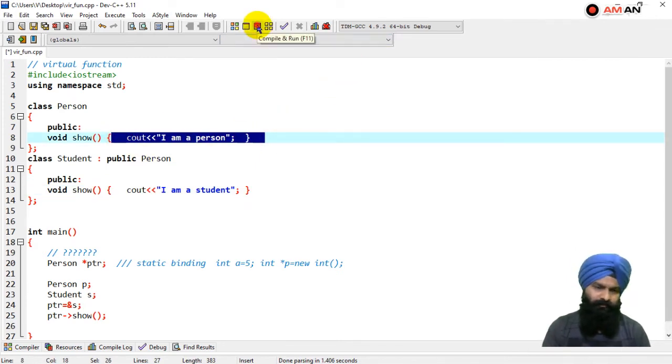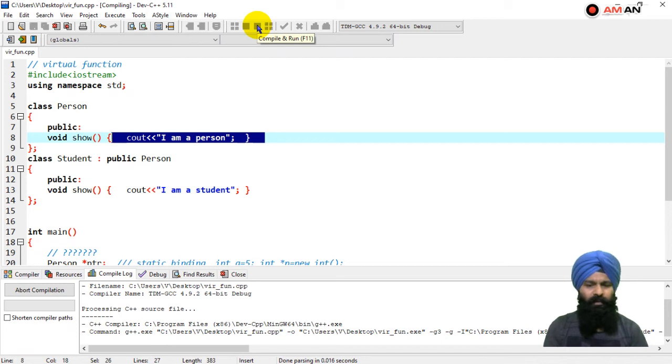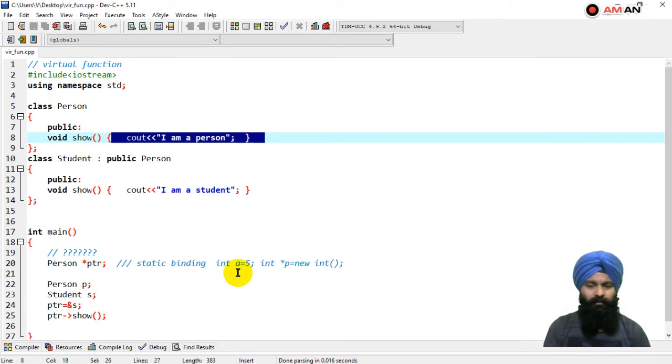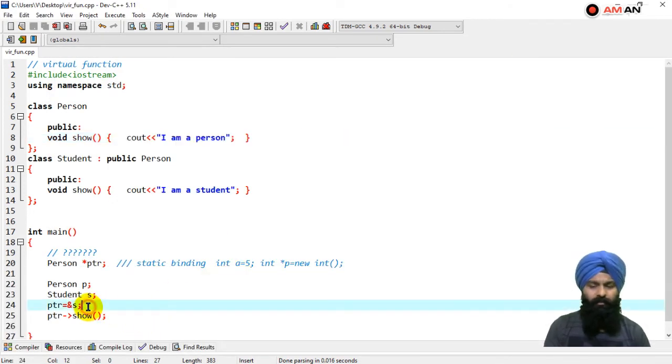Okay, let's run this. So here is the best part. That thing will make it clear why we need a virtual function. So you can see here, still we are having the base class version of that function. So now here is a problem. So it's not a problem. Basically, here what we did, so this is a static